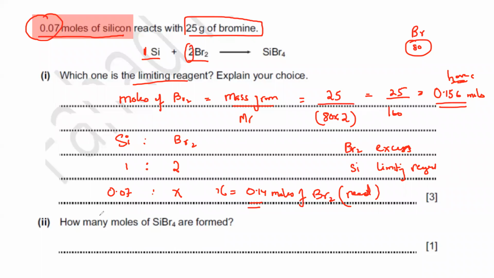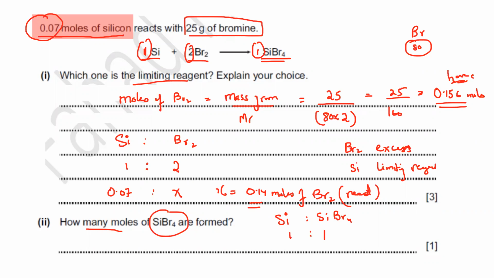For the next part, we need to find how many moles of silicon tetrabromide, SiBr4, there are. Whenever we find the product, we always find it from the limiting reagent. So what ratio should we take? Because we don't know anything about silicon tetrabromide, we'll take the ratio between the limiting reagent, which is silicon, and silicon tetrabromide. If we have one silicon, we will have 1 mole of silicon tetrabromide, which is